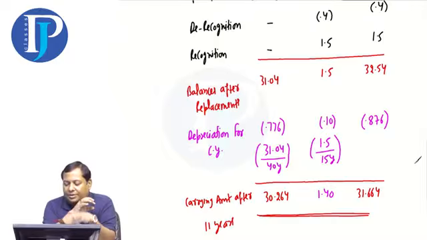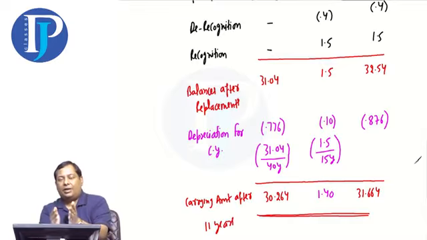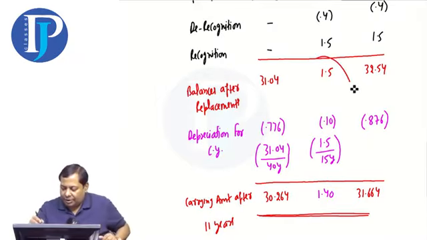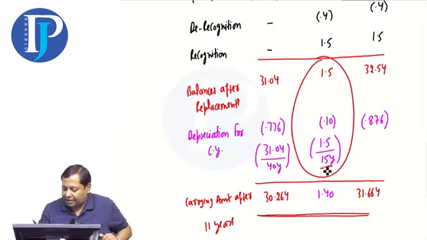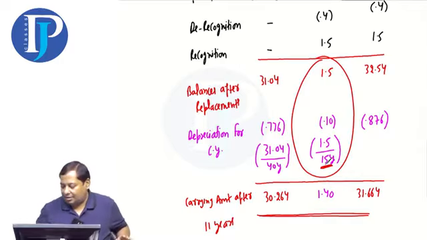This is a component-based replacement. First, remove the old asset and bring the new one. Then calculate depreciation as per its new life. The new life for this replacement column is 15 years. So the old part of the building will continue its life. The new one will continue based on its new life. This will be the presentation here.